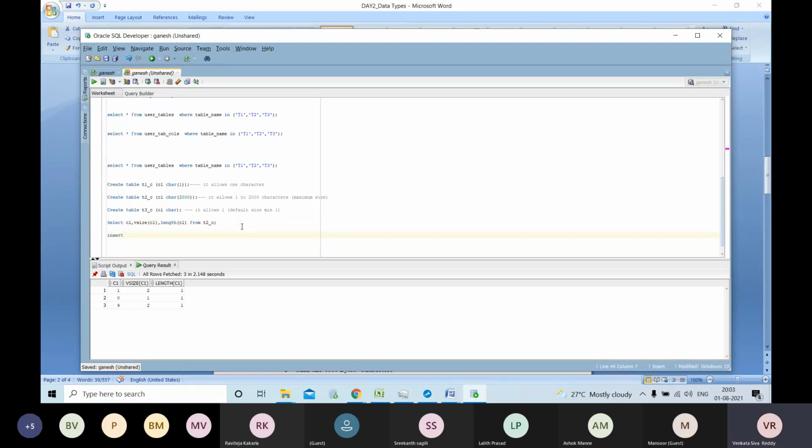Insert into T2_C values. I'm going to provide.